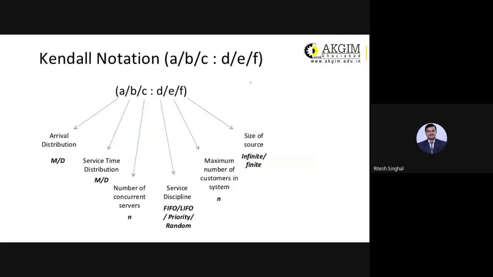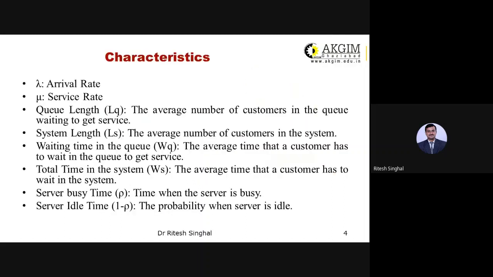and the model which we are going to start today is the M/M/1 model. M/M/1 model means the first M denotes Poisson distribution arrival, the second M is Poisson departure, and the 1 relates to a single server model. So let's have the characteristics of this model. Students, you should remember these characteristics and the formulas also,